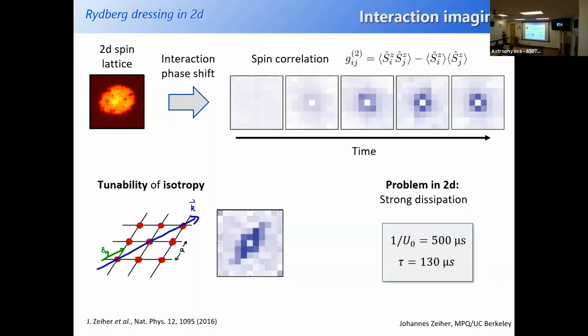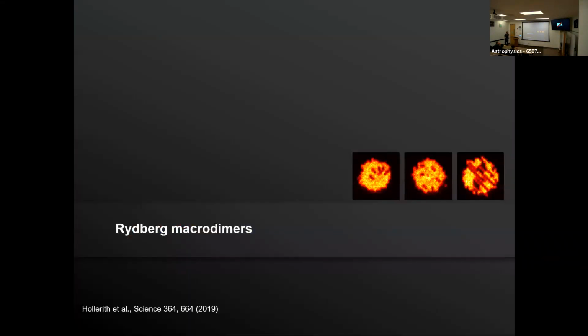And one thing that is very important with these 2D problems is to understand all the dissipation channels associated with the Rydberg atoms, the Rydberg states themselves. And one channel that we didn't think of at first is what I'm going to show you in the next slide. It's actually a channel where you can form molecules between two Rydberg atoms. Those are the so-called Rydberg macrodimers, and what they are will come up in the next slide. So this is a very important lesson that we learned: there are effects with these many Rydberg atoms that you have to take into account to get rid of all the dissipation channels you don't want in your system.